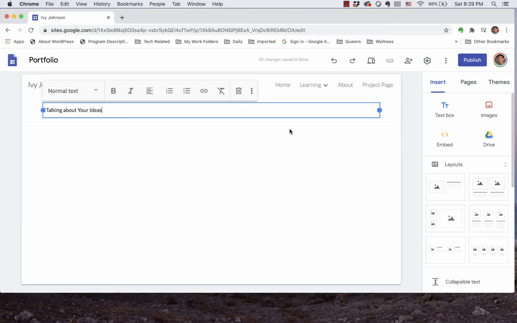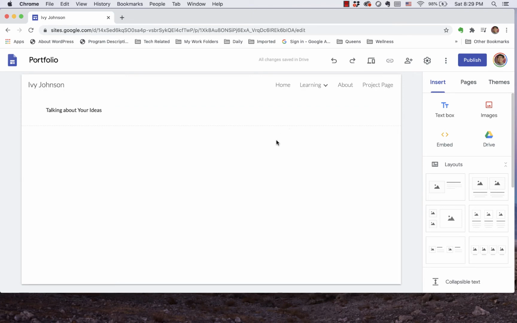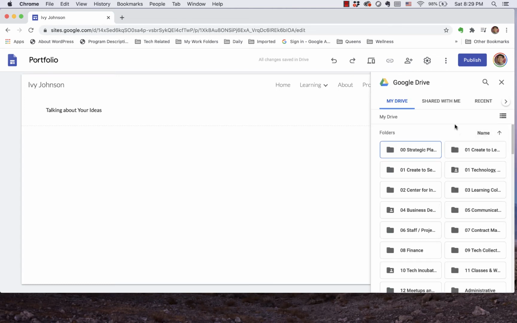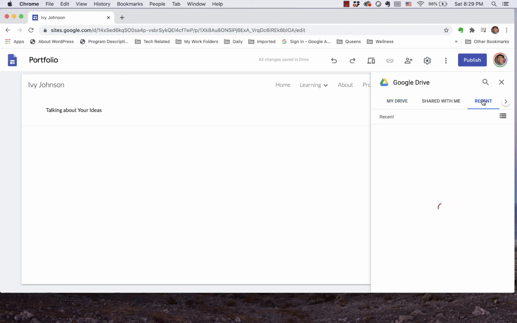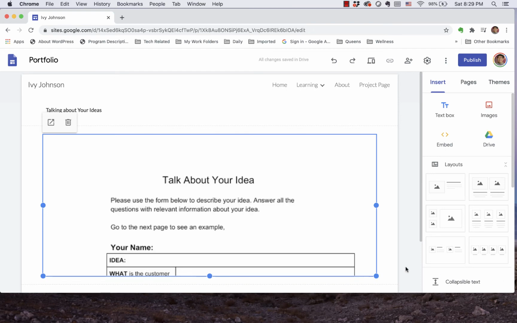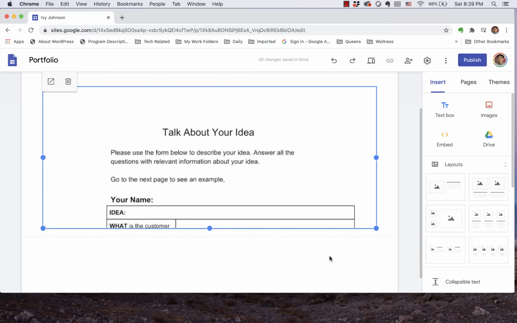So that's the first item, where I put a title onto the page. Next, I want to embed the document, and this document is going to be a Google document. So I'm going to Google Drive to look for that document. Since I just worked on that document, I'm going to the Recent tab, and there is my document. So I'm going to click on the document, then I'm going to click on Insert. Now you can see this document is inserted